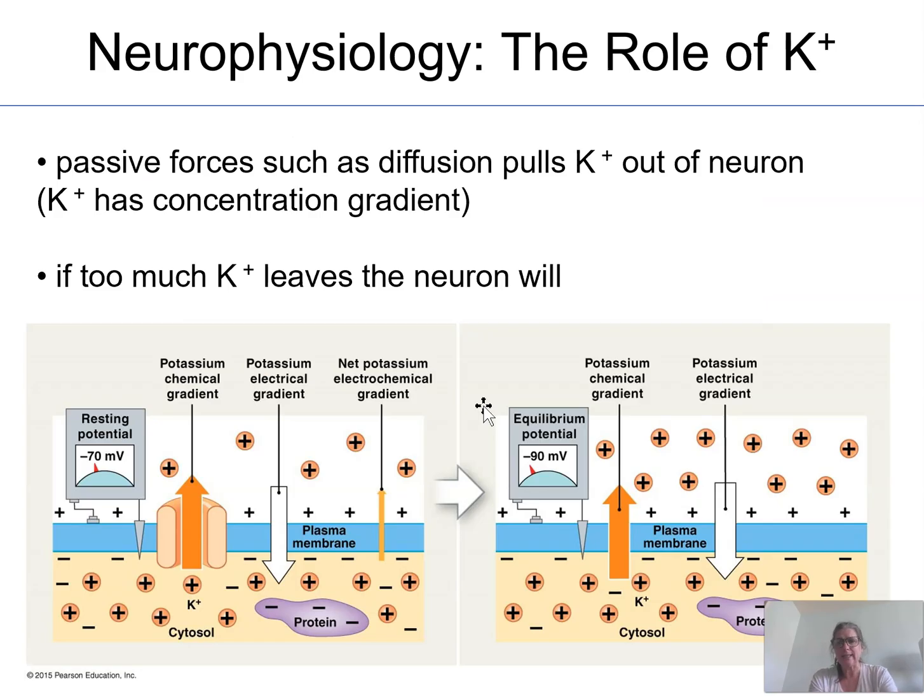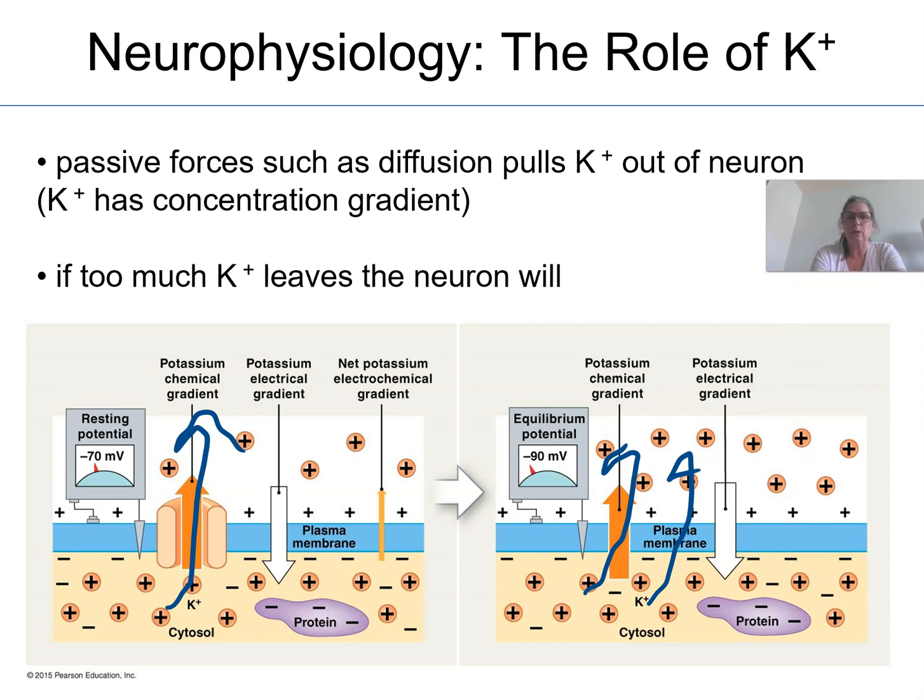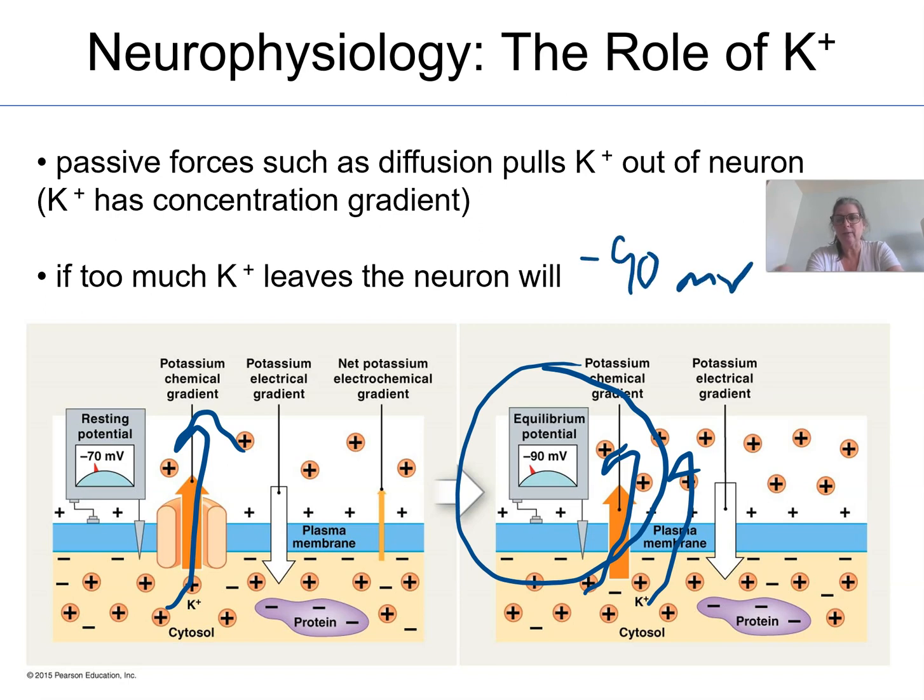So we're looking at potassium, and what we know is that because there's more potassium inside than out, potassium really wants to leave that cell. It has a diffusion gradient to leave the cell, so we say it has a concentration gradient. Now, if we just let potassium keep leaving until equilibrium was reached, remember that's what happens with diffusion, it would actually make that resting membrane potential minus 90. Well, that's too negative, and we call that hyperpolarized.